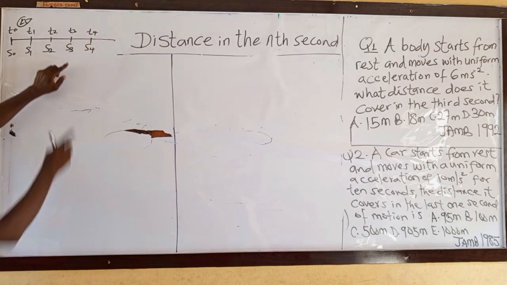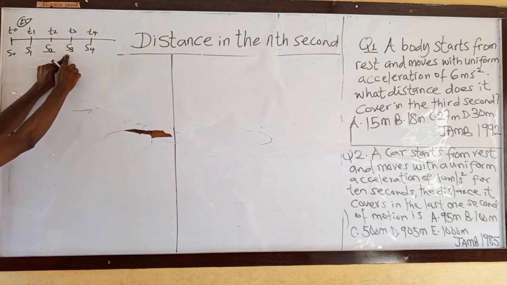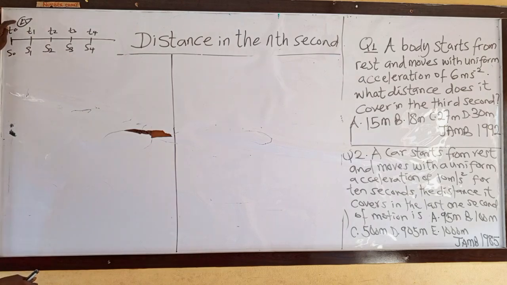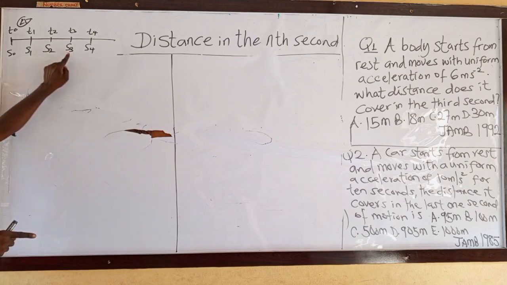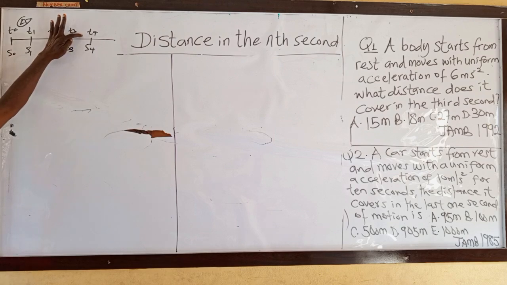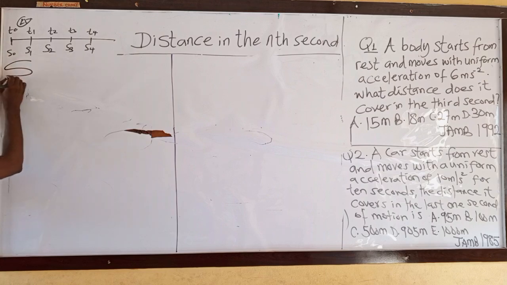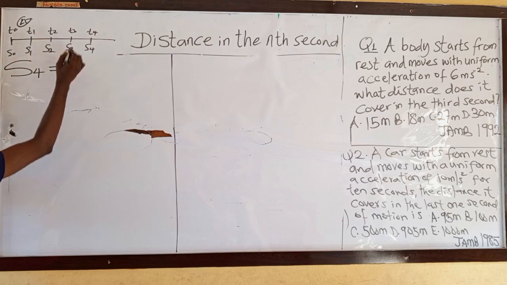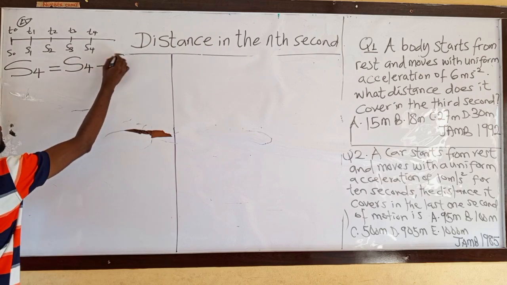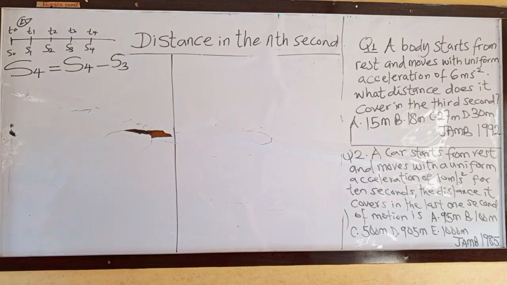second? It is the distance covered in the fourth second minus the distance covered in the third second. Are you with me? Distance covered by this body A in the fourth second is the distance covered in the fourth second minus the distance covered in the third second, meaning the distance covered in the last 1 second of its motion. So to find the distance covered by a body in the nth second,